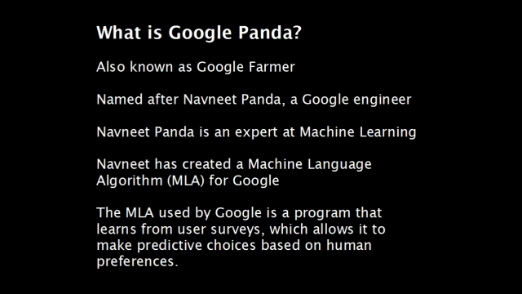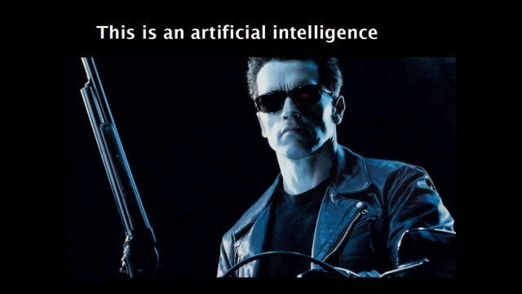And that teaches this machine learning algorithm, this artificial intelligence. So when it sees a website in the future, it can go, hey, are the factors for a good website here, or are the factors for a bad website here? And then take actions based off that. This is also an artificial intelligence that everybody should be familiar with. However, Panda is a lot more interesting.